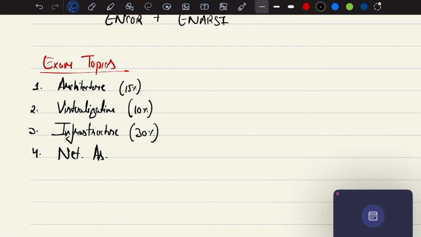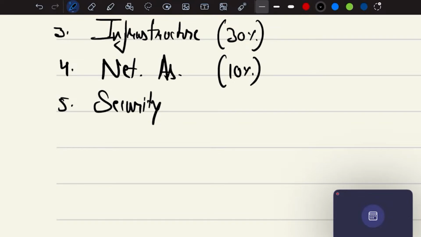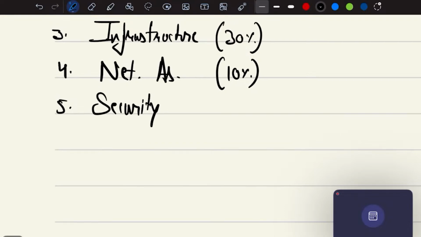Network assurance is again 10%, and it covers how we can configure SPAN, RSPAN, syslog, SNMP, debug commands, and all these things. Then after that, we have the fifth one, security, which is an additional benefit where you will be learning about layer 2 security, layer 3 security, terminal lines, and a quick introduction to firewalls as well. That's all. And then lastly, we have automation,